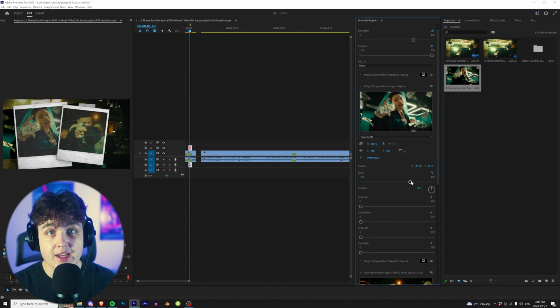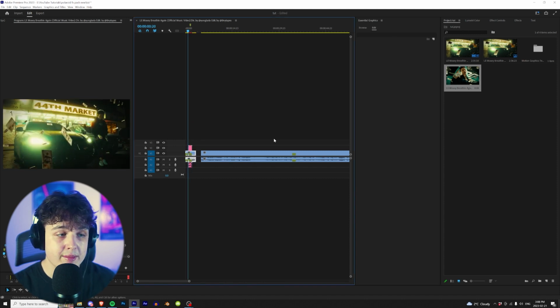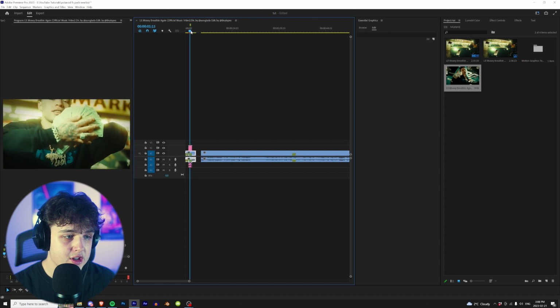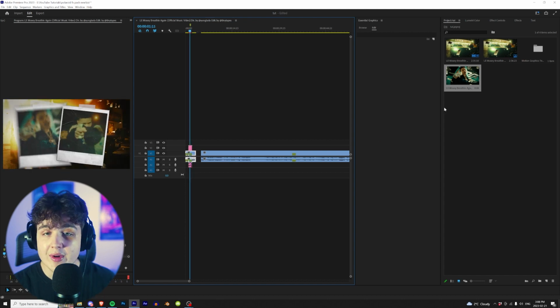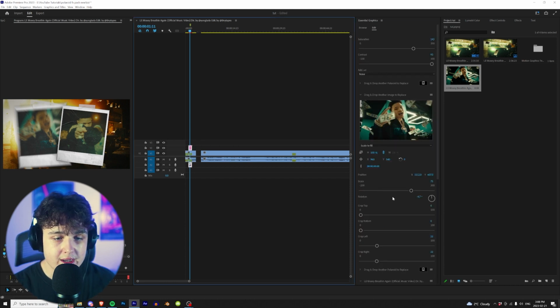You're not going to have to do this every single time. Sometimes it's just going to fit perfectly. So then cropping the top, then just cropping the left a bit and then cropping the right. Now doing all that, we can put the transition again and the image is going to be in there. Just like that. Super simple. So easy to do, and like I said, sometimes you're not even going to have to go ahead and move it around. So an even cooler part here, if we do click on it, guys, you can go down and